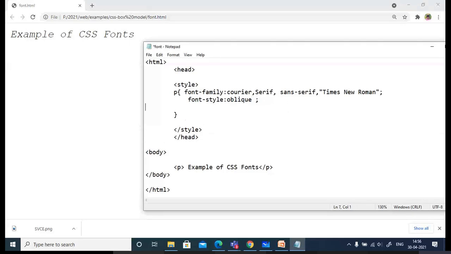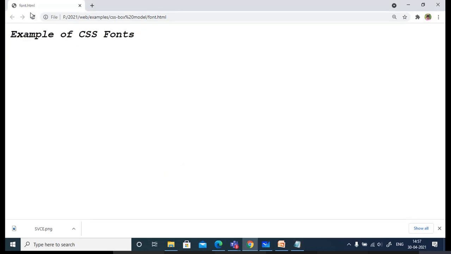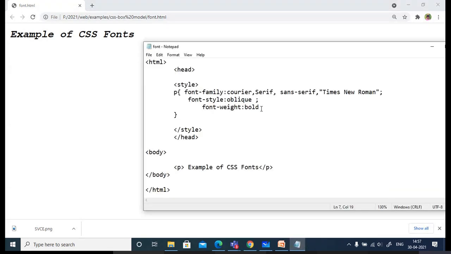So next we'll move on to font weight. How are we going to specify it? By default it will be normal. This is what I am representing, it is normal. If you want to make it another value, for bold the font weight is bold. So this is font weight. Either you can keep it normal or you can make it bold.